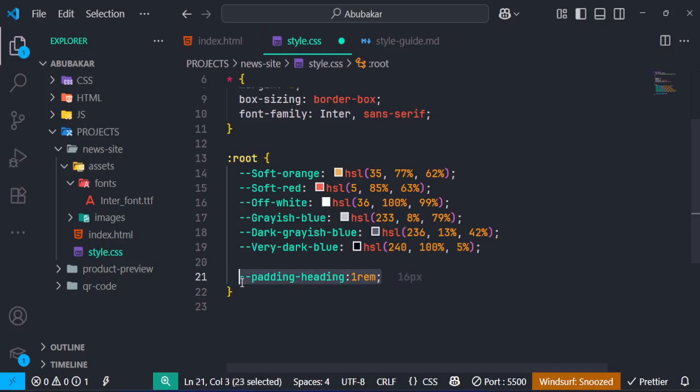But we don't want to create variables for everything, because this itself can take a lot of time on its own. You have to check around, look at the padding values, where they are being used, whether they are being reused anywhere, and so forth. So we don't want to waste time on this. But when you are working in a real sense, these are the things you need to do. And that's the reason why, when you are developing a site, it's not something you just create in one day,